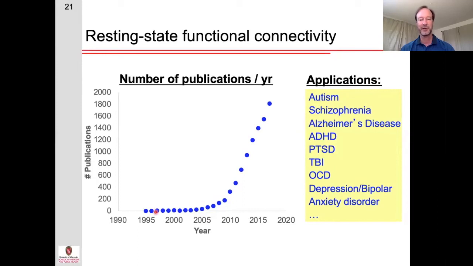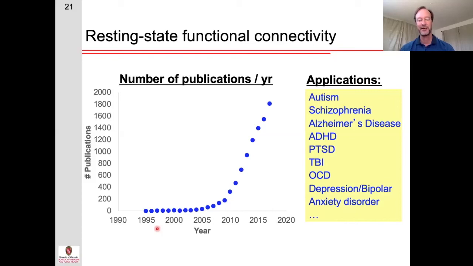Now, one of the questions you might have is, if it was discovered in 1995, why did it take over 10 years before this really took off? And I think the answer to that is in part, early in the mid 90s, we were still grappling with questions such as, can we detect this response to very brief stimuli? Is the BOLD response linear? What are the properties of the BOLD response? How do we best detect it?